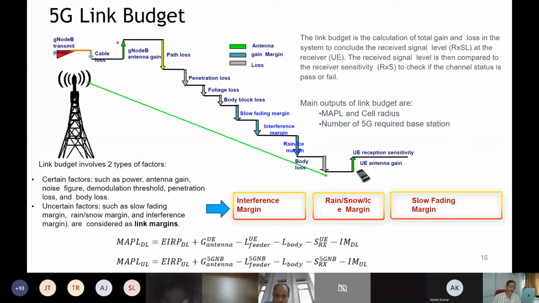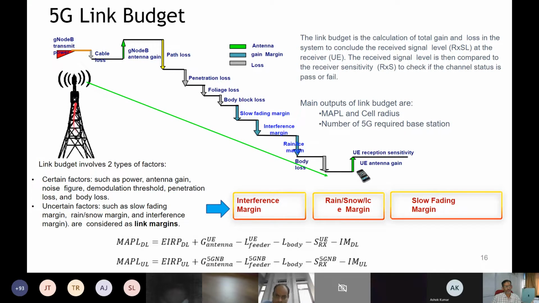Then you have similar losses, and of course the base stations are much more sensitive. Their sensitivity is much higher, at least by 10 dB. They are better than the mobile, but still they have a target to meet. So for both downlink and uplink, you need to meet the target. So this is all about the link budget. You have arrived at the maximum path loss, and then you can derive your D, your diameter of the coverage, from this, and you will be able to approximately assess.